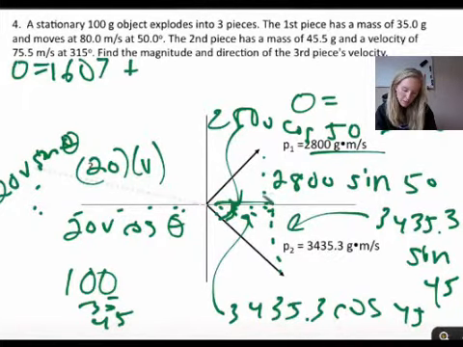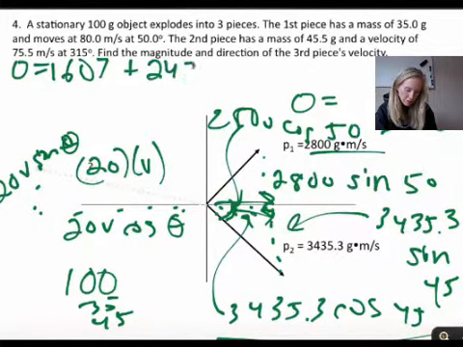So that one is going this way. This one's also going the same direction, so we're going to add that one. So it's cosine of 45 times 3435.3 gives you 2429 minus, because this component is going the other way,